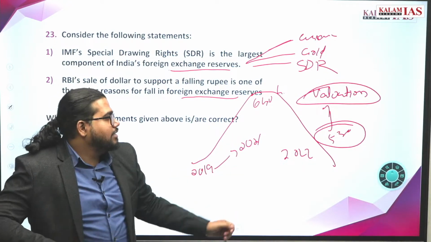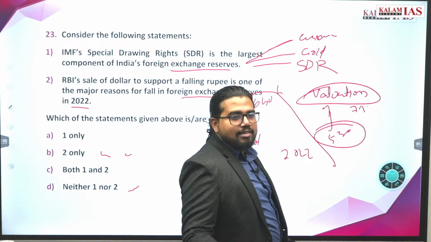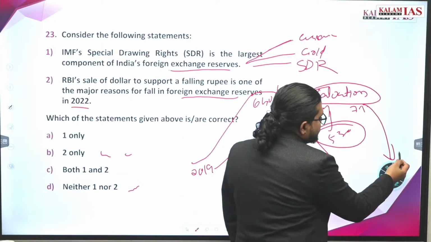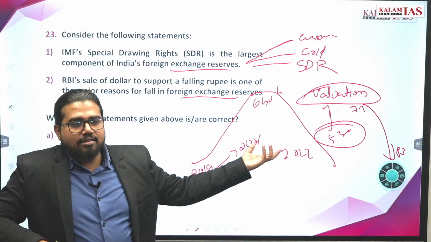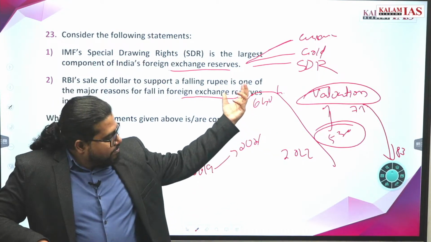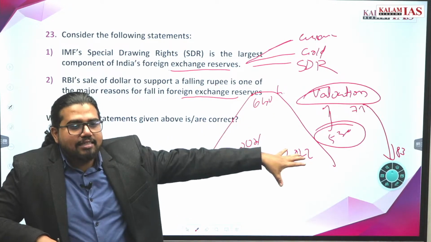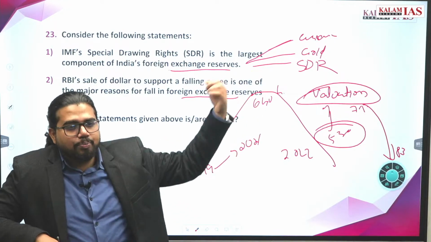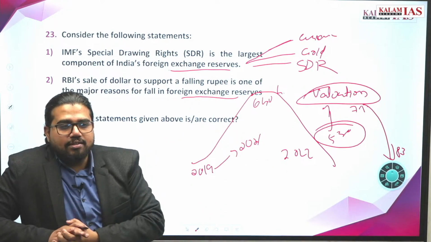What is the other issue? The other issue is rupee is depreciating. It was 74, 75 something like that. Now it has fallen to 83 at some level. Now it is 81, 82 at that level. This is a fact that is happening. Dollar rupee is depreciating.